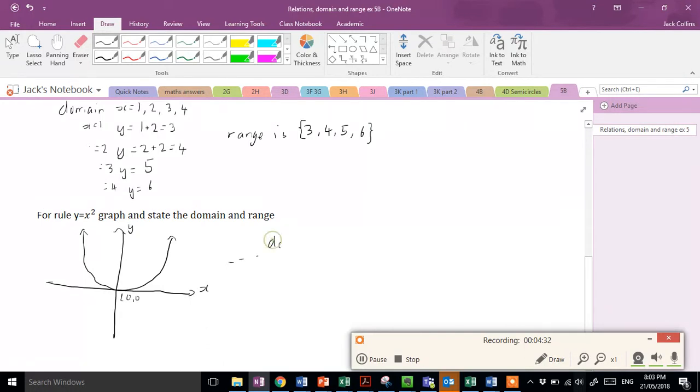The domain is, as this continues, if you imagine this line continuing on forever, it's going to keep getting wider and wider. So the domain would be all real x, so all real values for x. The range, on the other hand, would be y is equal to or greater than 0, as this function never goes below